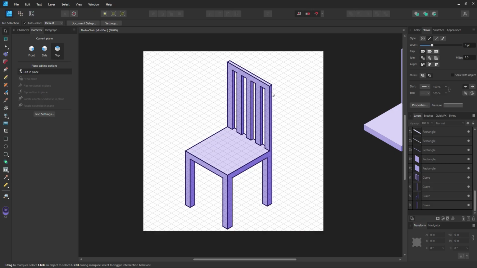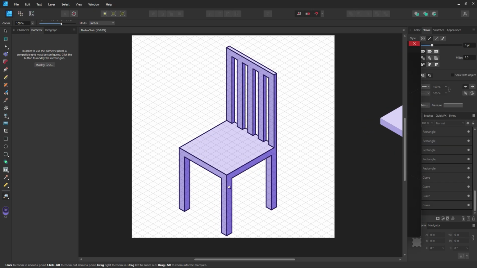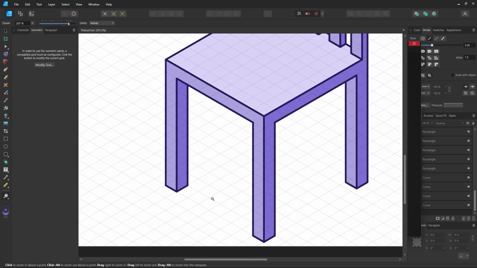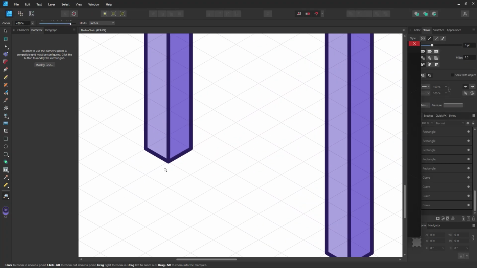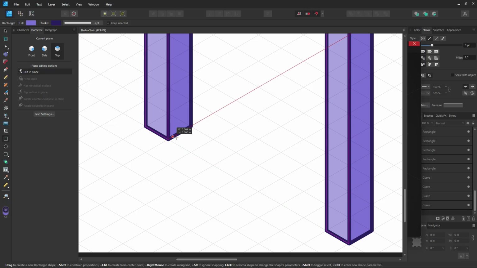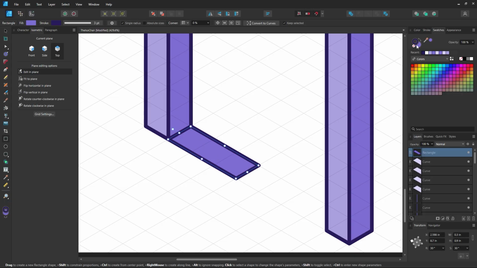And now the very last thing we can do with our magnificent purple chair here is to add a little bit, and I mean just a smidgen of shading, just because it's fun, so why not? So I'm going to once again grab the rectangle tool, and I'm going to click on the top because that's where we are putting our shadows. And I'm just going to draw a little shadow here, make sure it is on the right spot, and maybe drag it out to here about. Yeah, that works. Right there-ish. And I do not want a stroke for this, but I am going to make the whole shape that dark